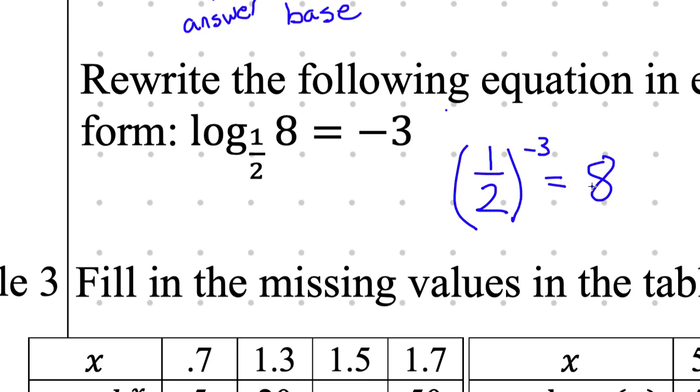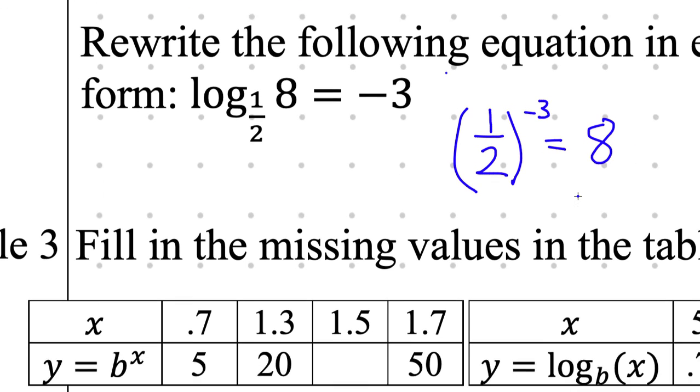Yeah, that's all you have to write. 1/2 to the -3 is equal to 8. And you should also be comfortable knowing, oh yeah, that is true. If I have a half and take it to a negative power, it flips to 2. And then 2 to the power of 3 is 8. All right, and then finally, the easiest of all of the problems,